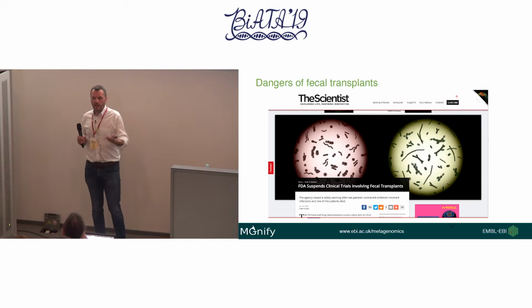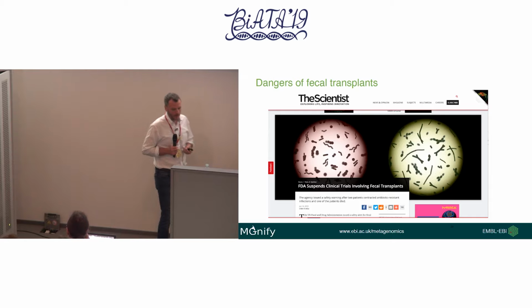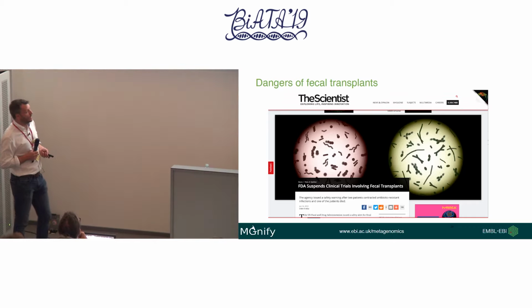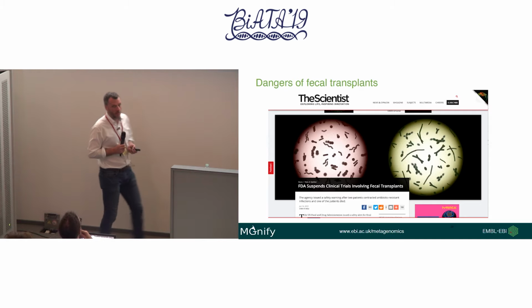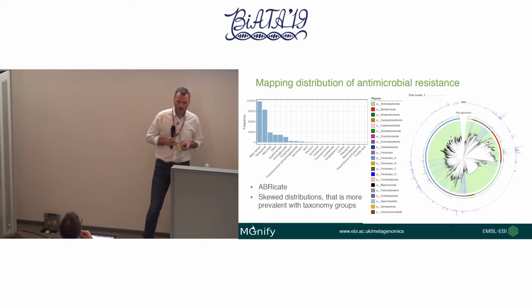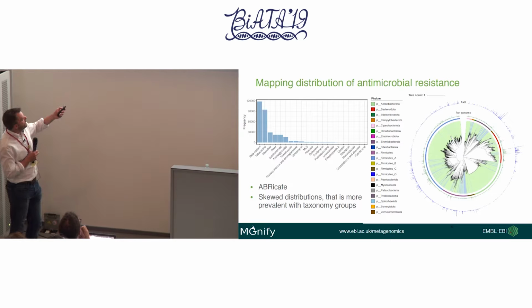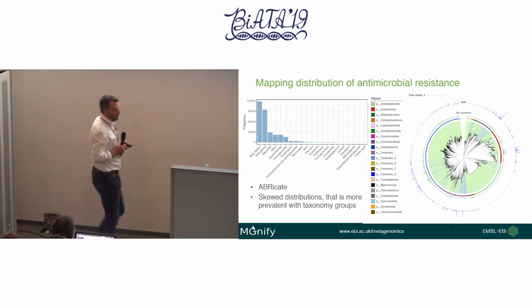If you just blindly take a stool sample from a donor and put it in someone else, you don't know what you're necessarily transferring. So one of the things we can do is go to this collection and look at antimicrobial resistance across what we've discovered. This is just looking at the species representatives. Here you've got the phylogenetic tree. The outside with green whiskers is the pan-genome size, and then the number of antimicrobial resistance genes. We use ABRicate for identifying this.